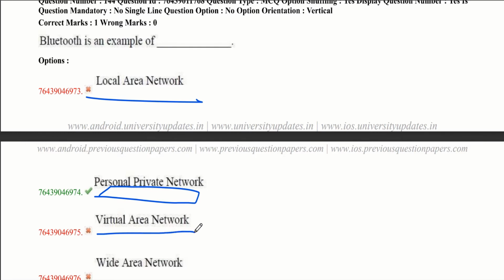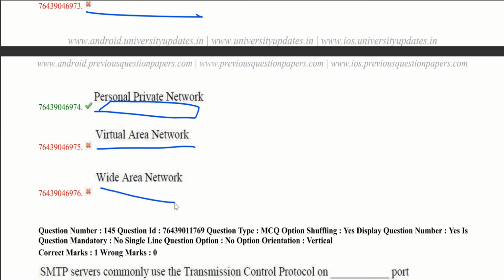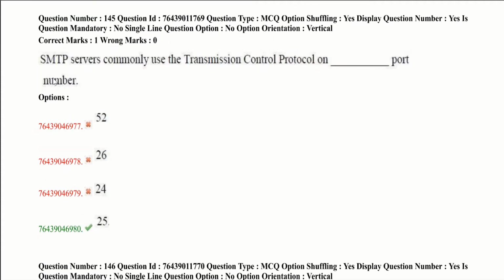Virtual area network: used in companies for efficient supply chain management with their suppliers. Wide area network: 3G and 4G come under this. Now let's move to our next question.